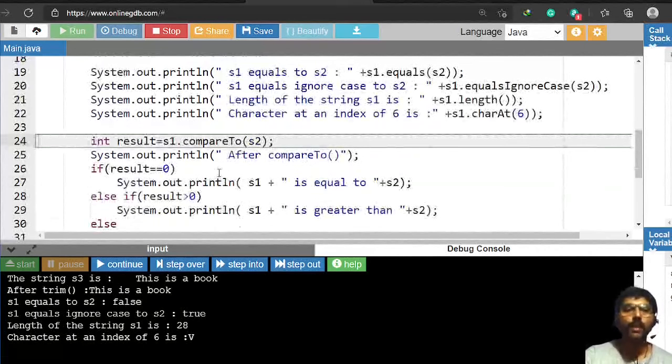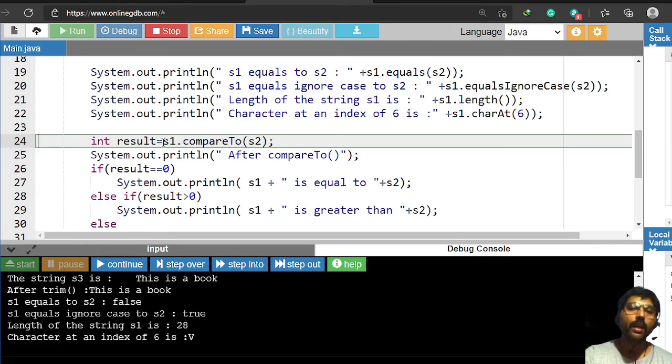compareTo means it will compare the two strings. The first string contains the uppercase Sri Vidyadiraj Polytechnic. Here it contains the lowercase Sri Vidyadiraj Polytechnic. As I told, we are using the Unicode characters here.